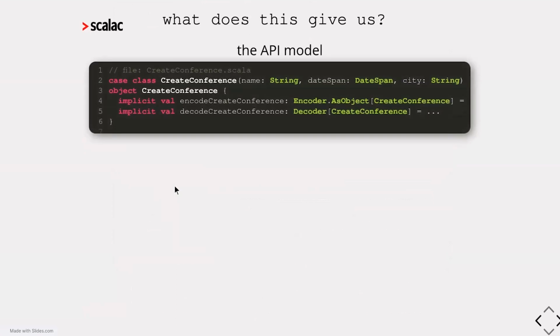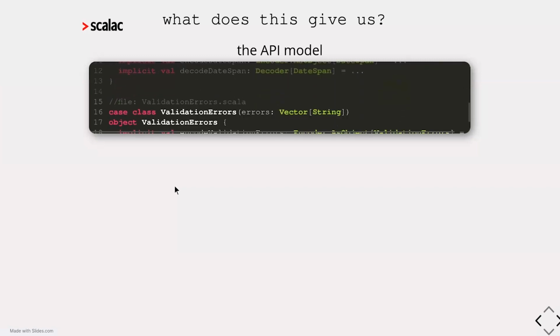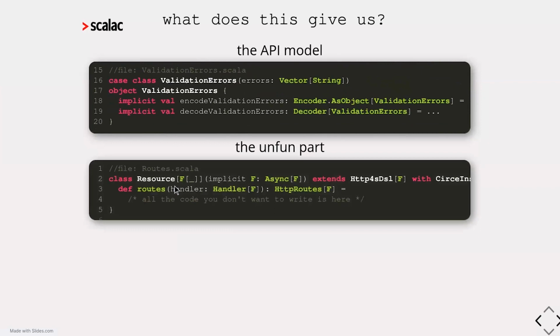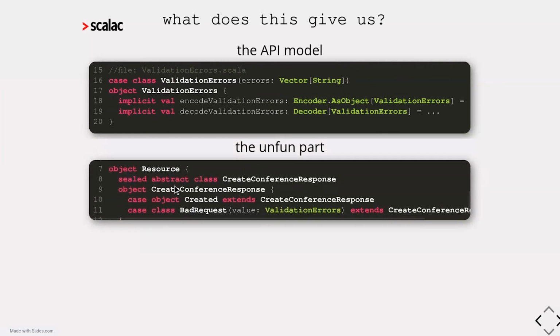All of your object definitions from OpenAPI become case classes, and all of the case classes have encoders and decoders for JSON in scope for free, code generated, right? Yeah, there's also one for date span and one for the validation errors. It also generates the unfun part, I like to call it. The unfun part is where you create the actual definition of the route, your actual deserialization logic and serialization logic. So it all goes here and it's all generated for us, according to the spec we, of course, gave it at the start. It also generates the response models, and at the very